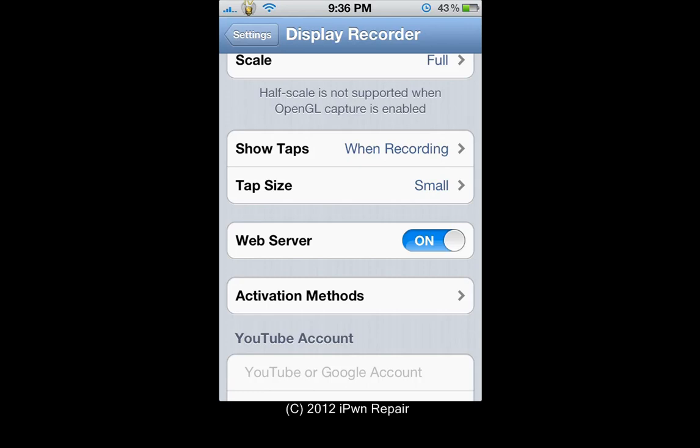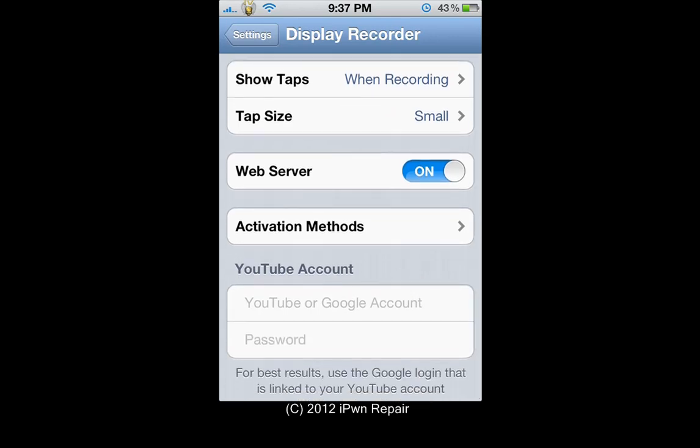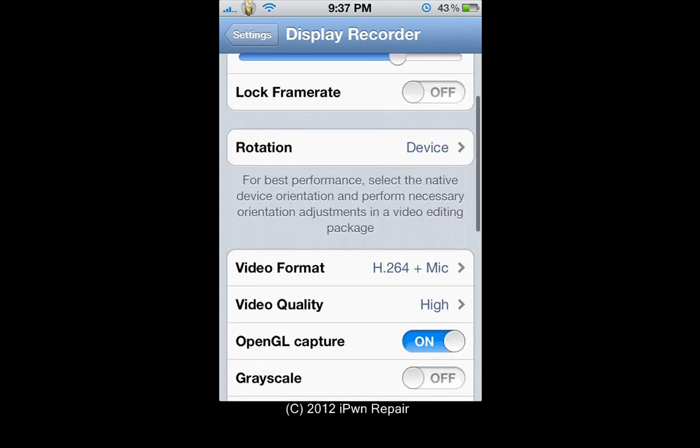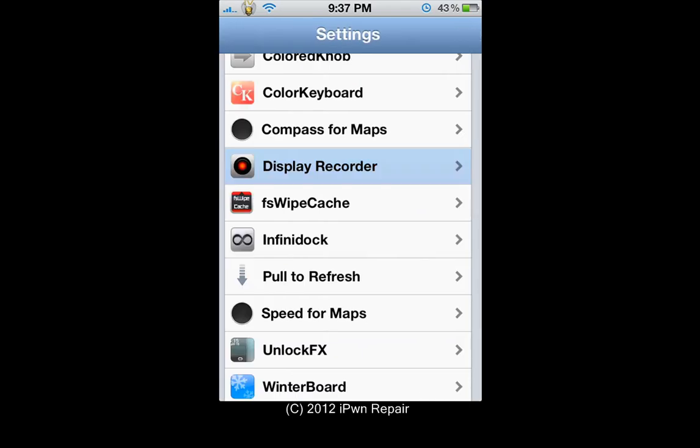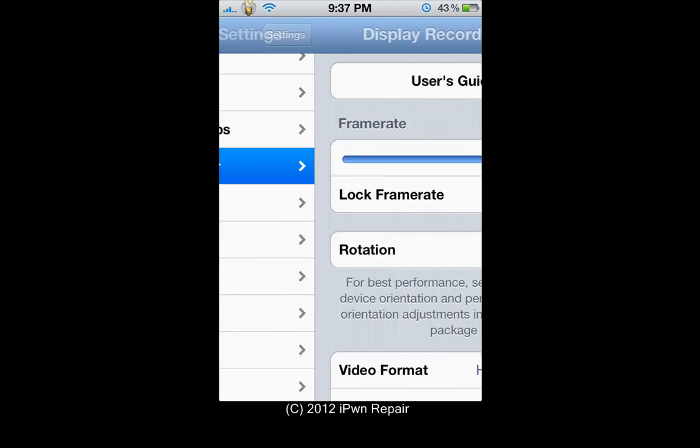Web server is the big advantage that this has over the App Store version. Web server lets you put the IP address of Display Recorder into your browser, and you can take a live view or a screenshot of what is actually going on on your iDevice, which I will show you in just a moment. The other cool thing here is you can integrate with YouTube. Put in your YouTube username and password, and these videos can be uploaded directly to YouTube. The other thing that I forgot to show here,